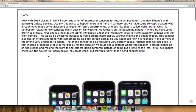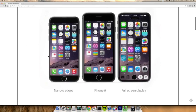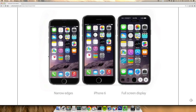He has also created some other funny bend concepts that I have been checking out in other videos. But I think it's pretty awesome to see new concepts. It's always great. So I'm looking forward to 2015 and 2015 smartphones, and we're probably also going to see some